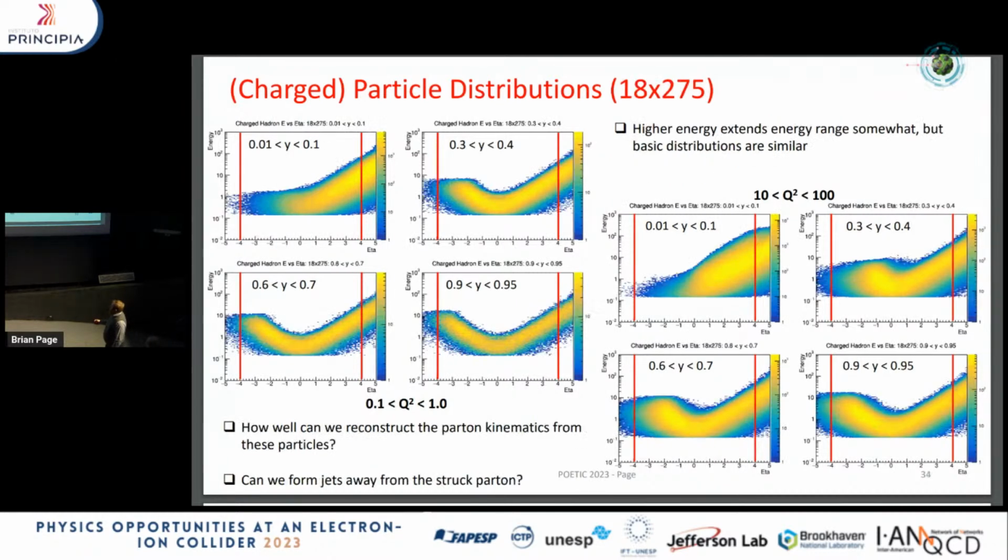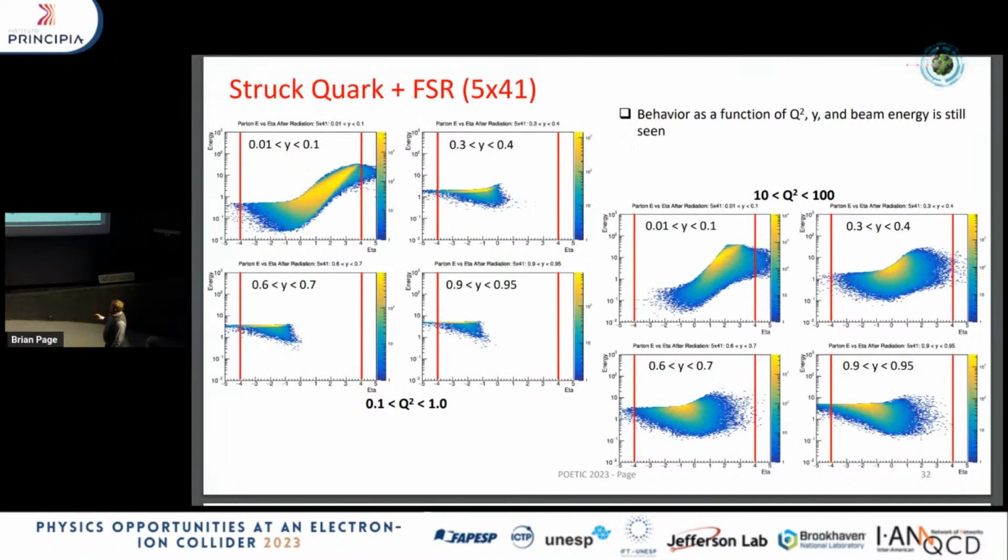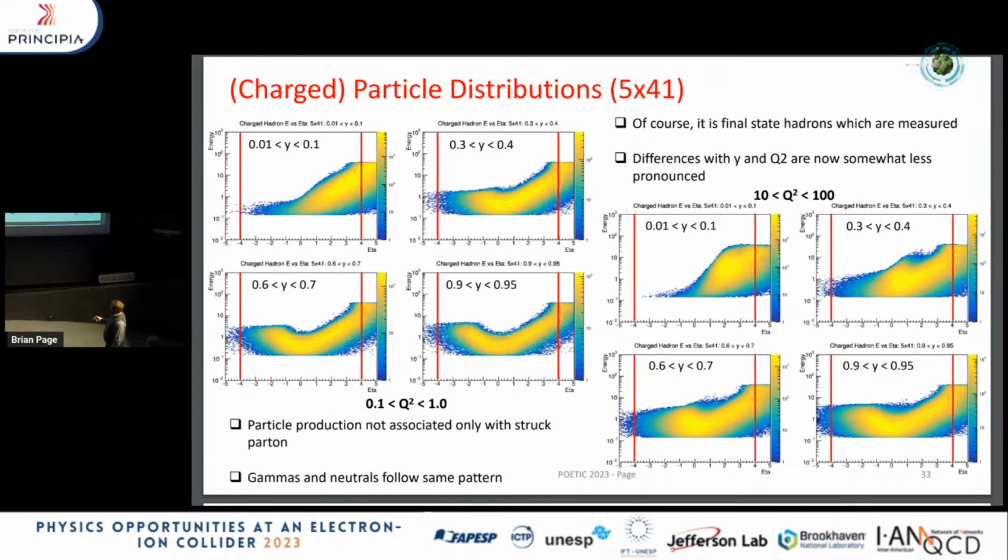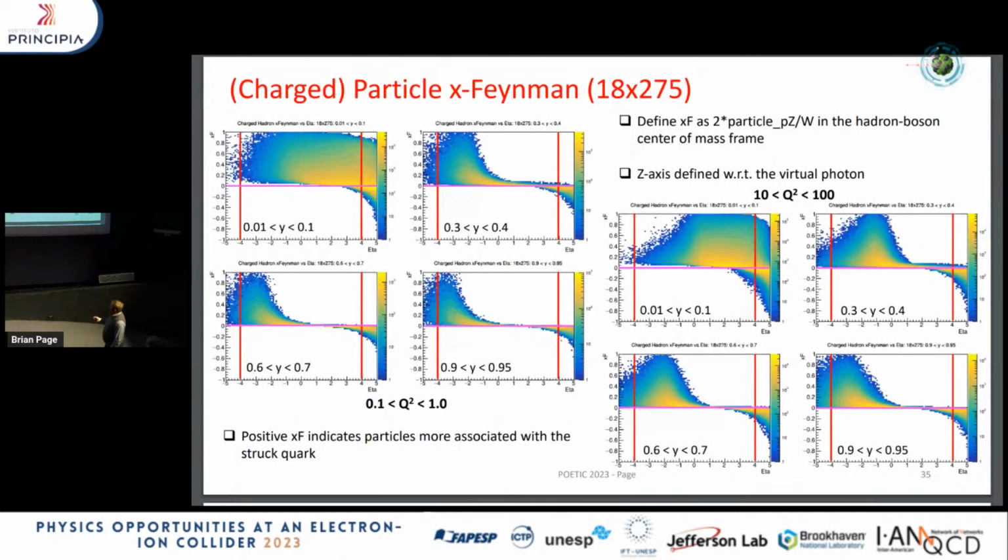And so then the question is, how do we go from this, the particles that we can actually detect, back to the partons that we want to see? And of course, we do that via jets. But before I show that, I just want to quickly mention this